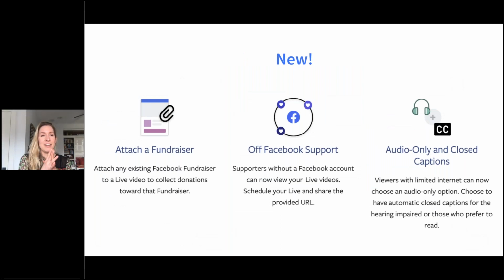Carrying on with all of the new stuff that I'm sharing today, I mentioned that you can now attach a fundraiser to a live video to drive donations towards a specific fundraiser. Also very relevant to any transition from a physical event to a virtual event is off Facebook support. So supporters who don't have a Facebook account can now tune into a live video without needing to log into